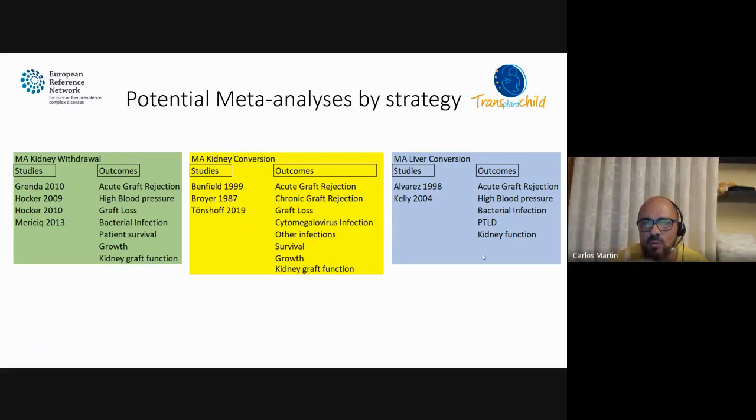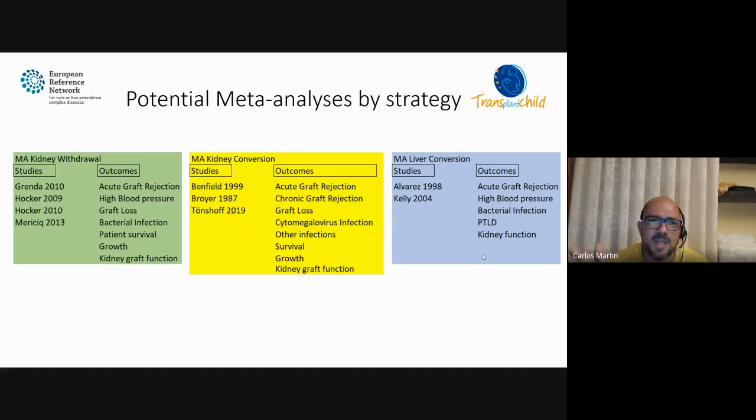But anyway, this will be sent to the panel in terms of discussion. So the first strategy is kidney withdrawal. There are 3 studies, 4 articles, and you have there the list of outcomes that could be potentially meta-analyzed within